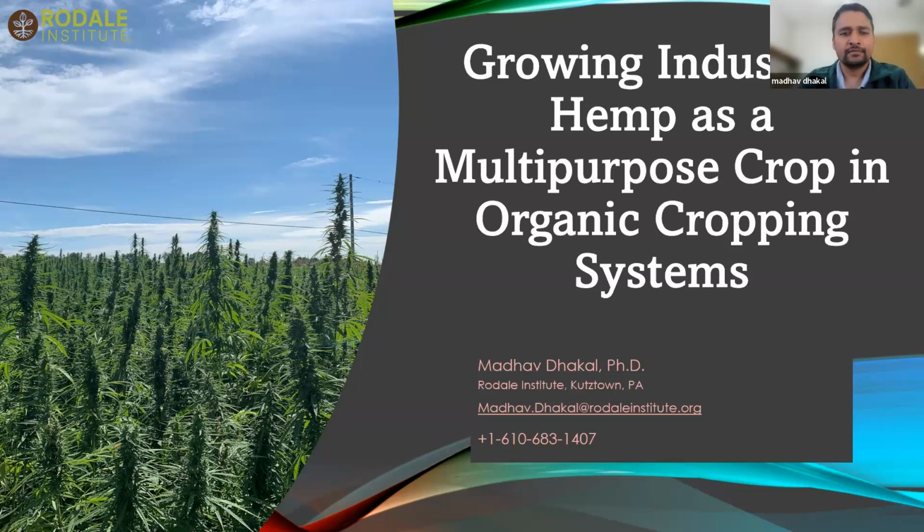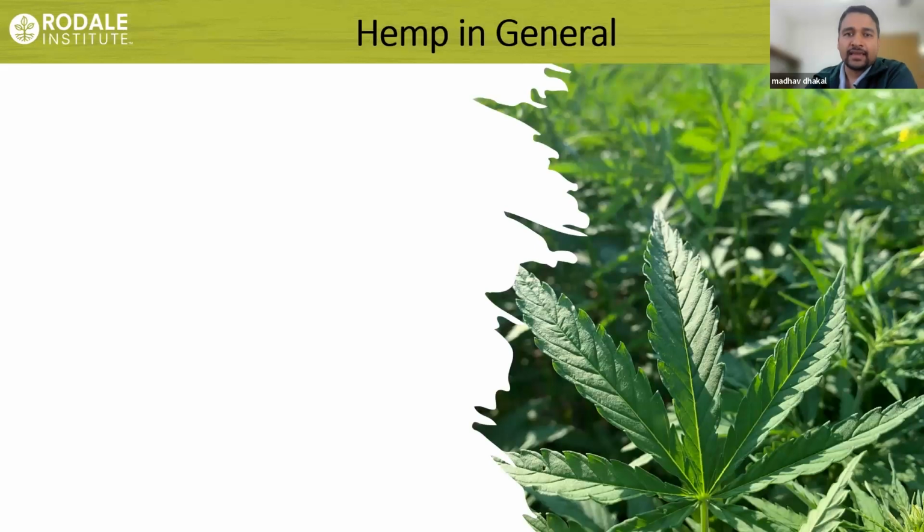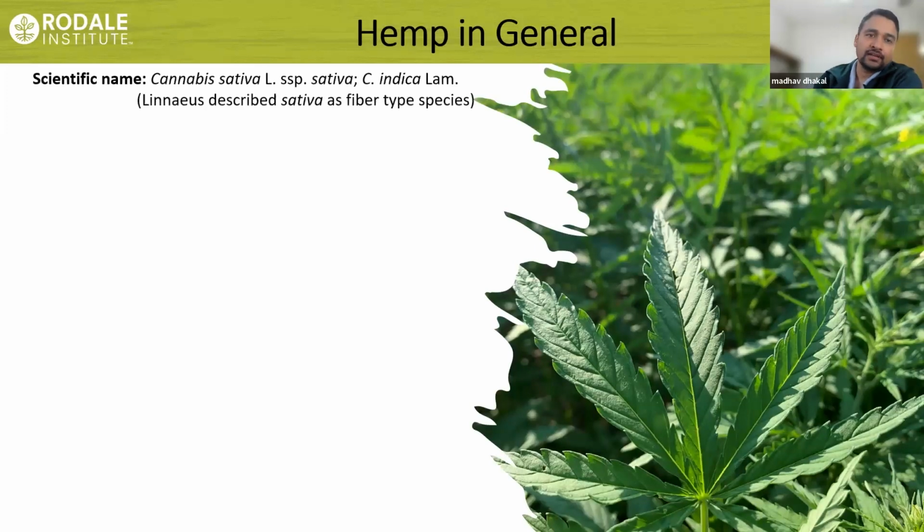For the next 50 to 60 minutes, I'll be talking about growing industrial hemp as a multi-purpose crop in organic cropping systems. Let's talk about hemp in general. The scientific name is Cannabis sativa. The subspecies is sativa, and there is another species which is indica. I didn't mention ruderalis, that's the third species, but these two are the typical cannabis species grown in the